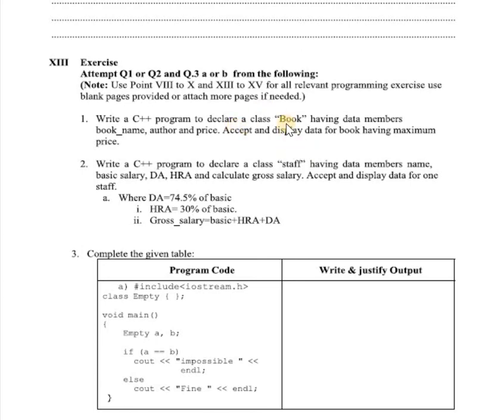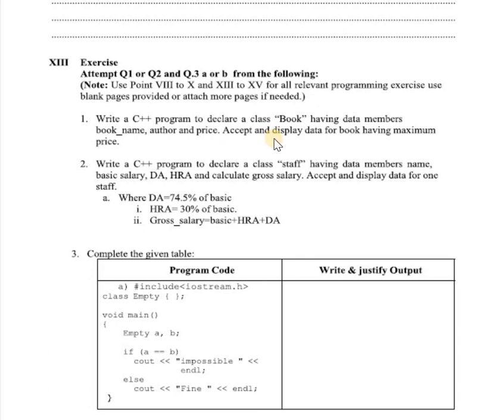Here you want to create one class book. In that book class, you want to declare three variables: book name, author and price. Then in that class, you want to define or declare two member functions. First member function, getData. The getData member function is used to accept the data. That means getData enters the name for the book, the author for the book, and the price for that particular book. Those three values are accepted by using the getData function.